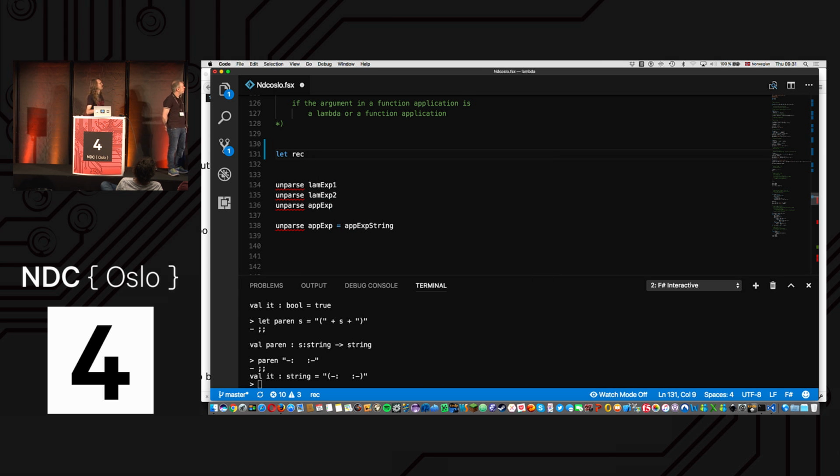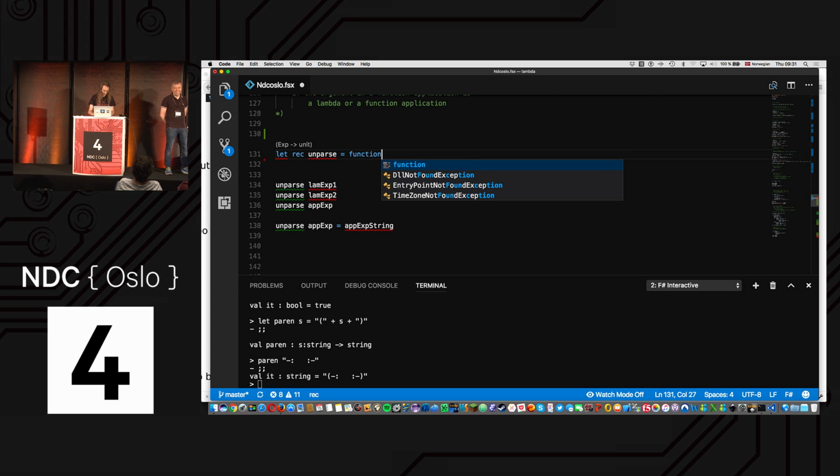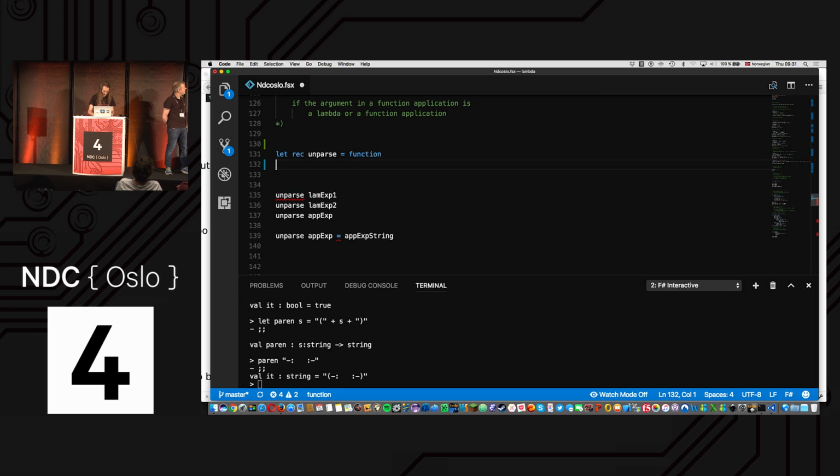So we're going to make recursive functions that work on this. Yeah, because we have a recursive expression type. So unparse. And I don't actually write F# marks, so I don't know the same part of the language as Einar. So I like to do things like this. So unparse is a function,